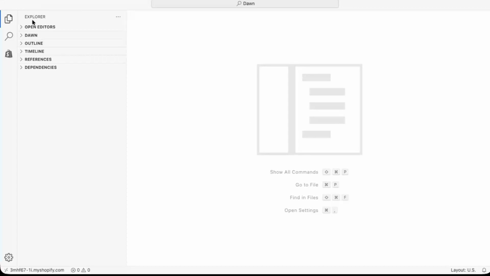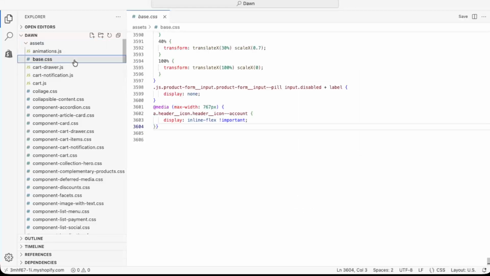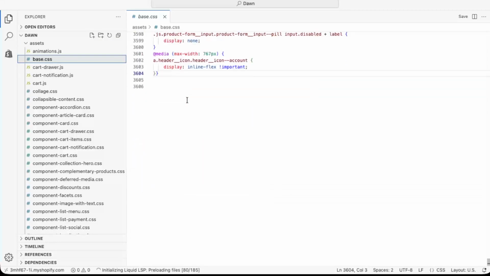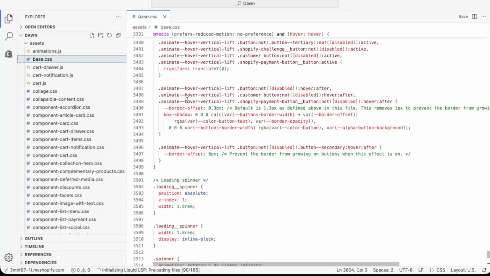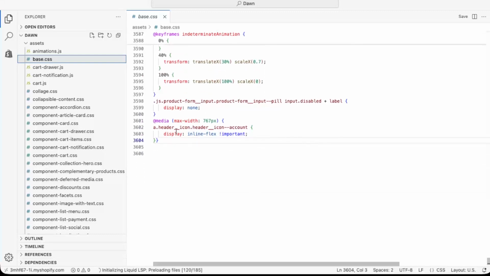Once the code editor is open, look at the list of files on the left-hand side. Scroll until you find a file called base.css under the assets or similar folder. Click on base.css to open it in the main editing area. This file controls a lot of the styling for your theme, including things like fonts, spacing, and in our case,